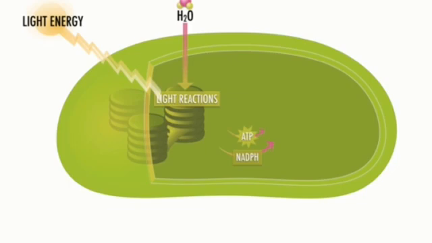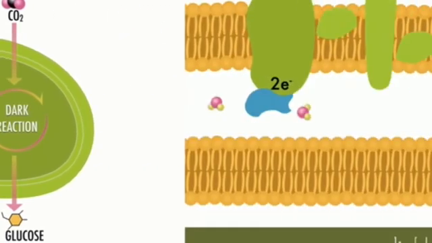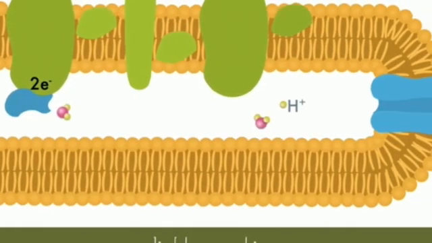The light reaction also creates oxygen as a product. The ATP and NADPH are used in the dark reaction, which takes carbon dioxide and converts it into glucose, and NADPH plus NADP+ can be recharged somewhat like a battery back at the light reaction in the thylakoid disk. Let's look at the light reaction up close.